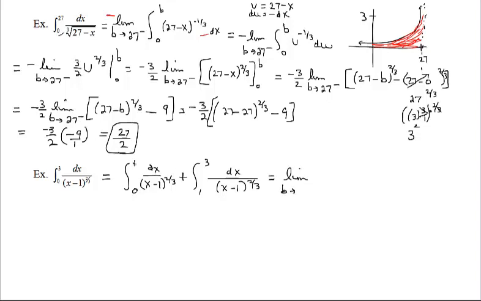We're approaching 1 from the left side. So if our x values go from 0 to 1 and I'm in that interval there, I'm approaching 1 from the left. And we'll replace this with b. Bringing up the denominator, x minus 1 to the negative 2/3